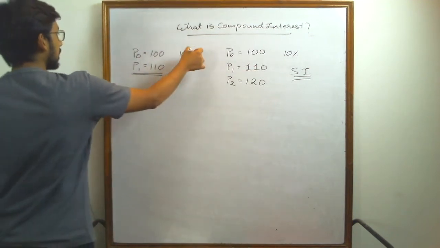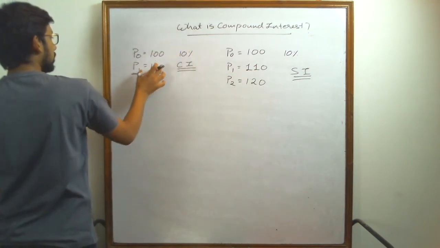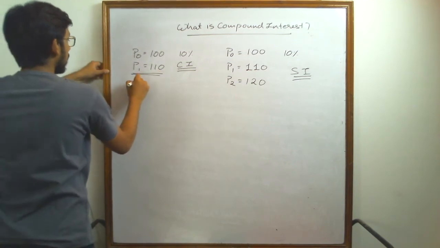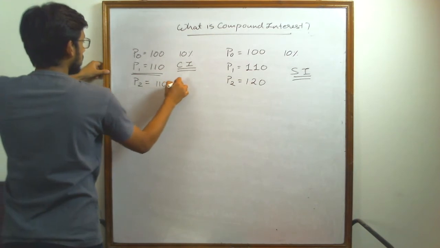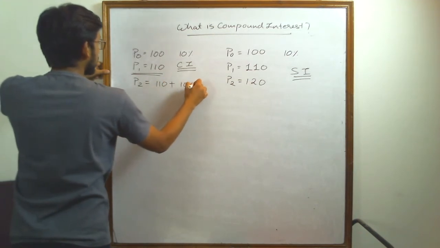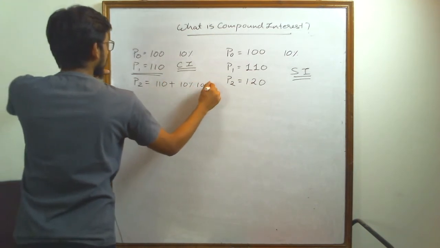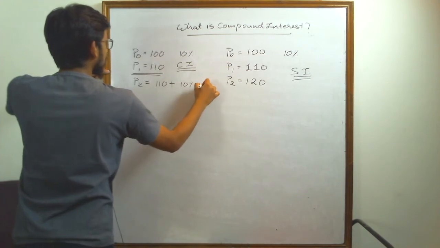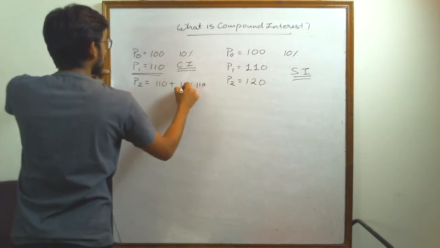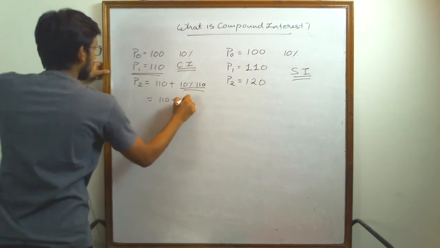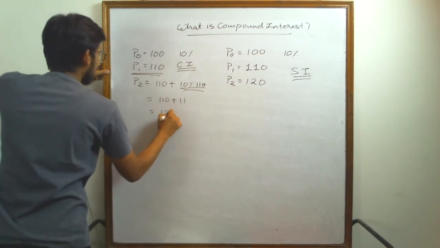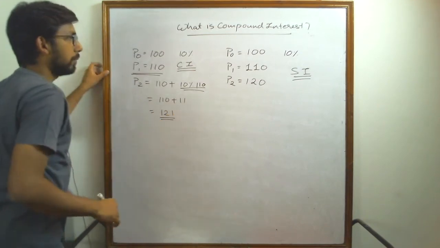So the next time I get 10%, it will be on this amount. So the amount I will have after 2 years will be 110 plus 10% of 110. That means I will have 110 plus 11, which means I will be having 121 rupees in my account after